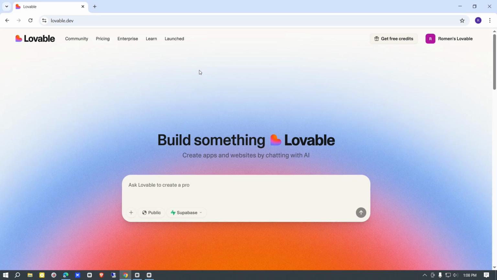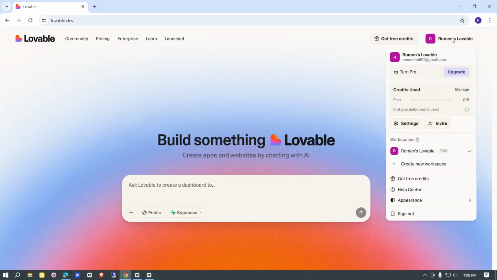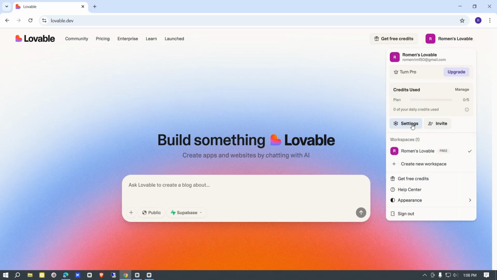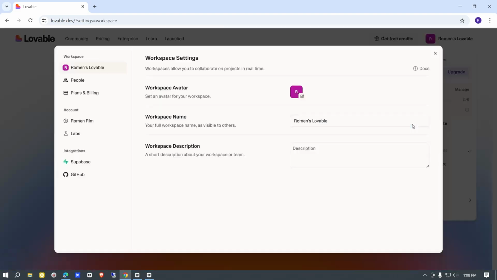So first of all, just go to the official website, which is lovable.dev, and make sure you are logged in to your account. After that, click on this account here, Lovable, then click on the settings icon or button. You can see in the left panel, here is the integration, Supabase and GitHub. Just click on this GitHub. Now in the left panel, you will see there is a section which is integration, and you can see Supabase and GitHub. As we are here for connecting GitHub with our Lovable, just click on this GitHub,